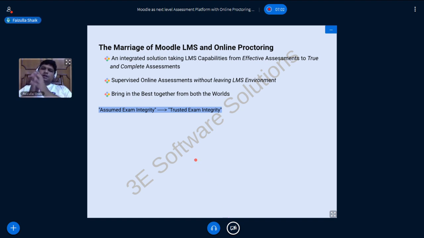Now let's take an example of an online university. It can be a full-fledged online university, or a regular university that is doing online programs as well. They are delivering e-learning content. Assume they have put up some academic programs, and through those programs they are delivering online content.